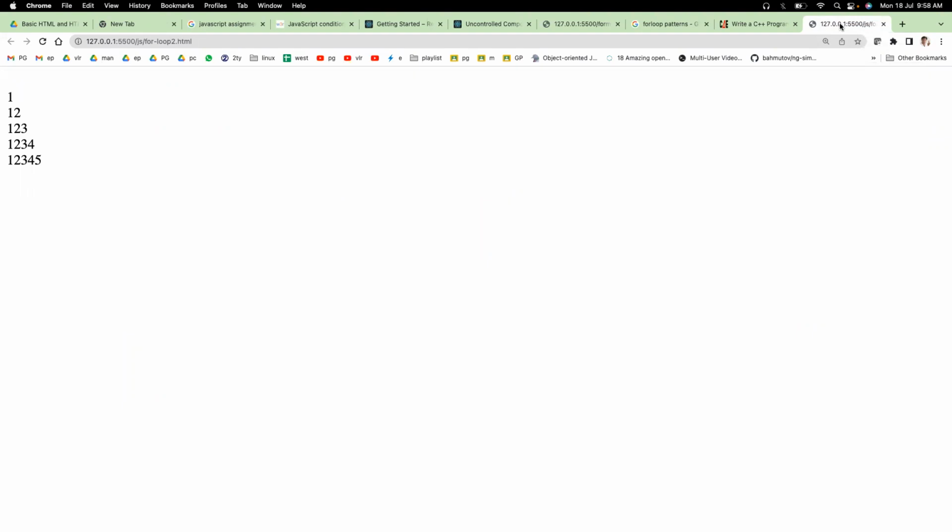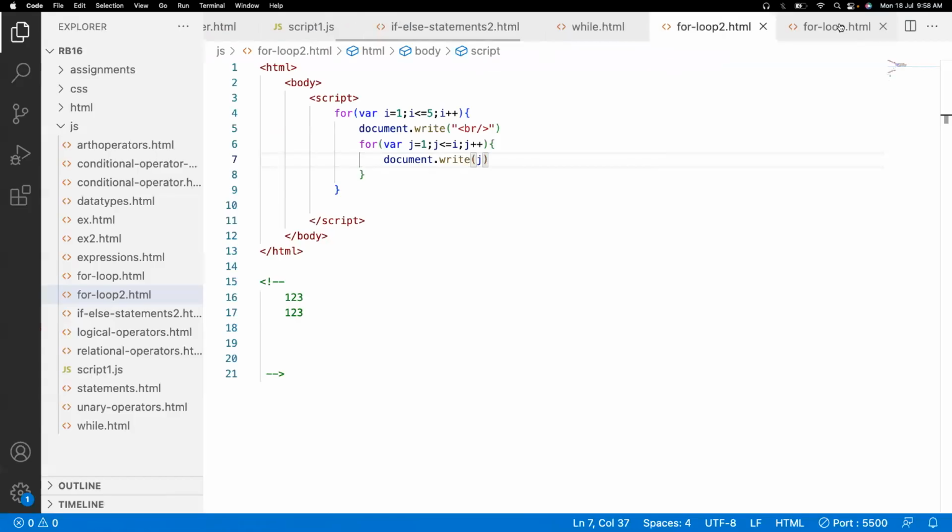The thing is, learning comes only by observation. First we observe it, then we start thinking about why it came. So like this you are able to write the code for 1 1 2 1 2 3, 1 2 3 4, something like this. We have some complex questions also for your assignments. When we are free we will definitely discuss them also, but right now we have to enter into a new concept called